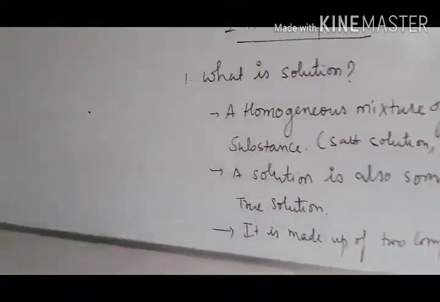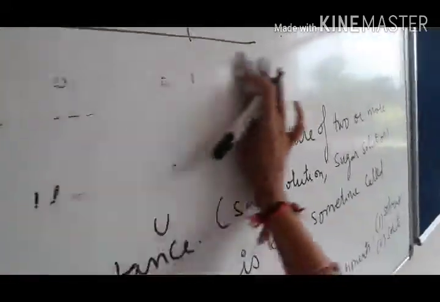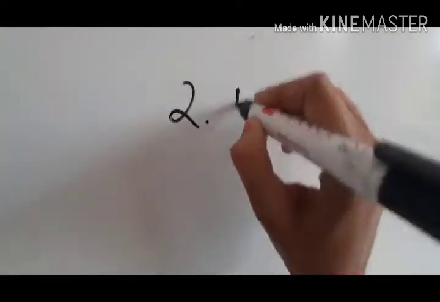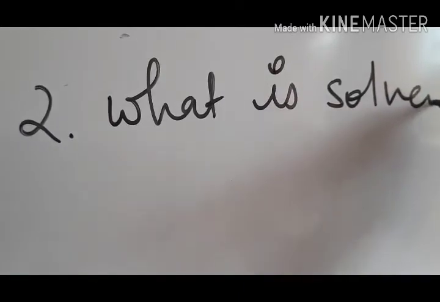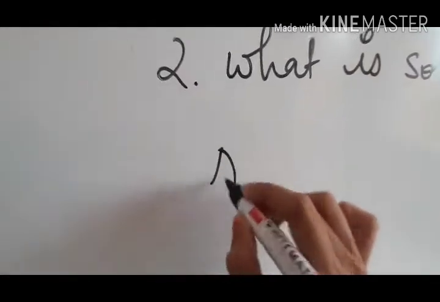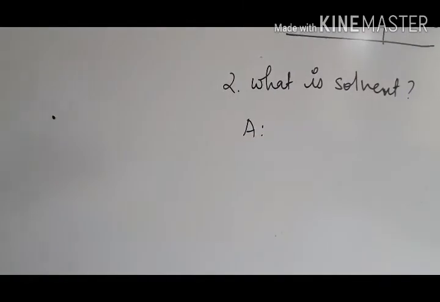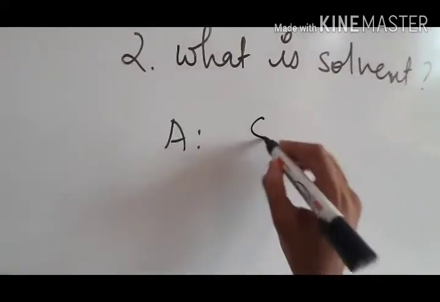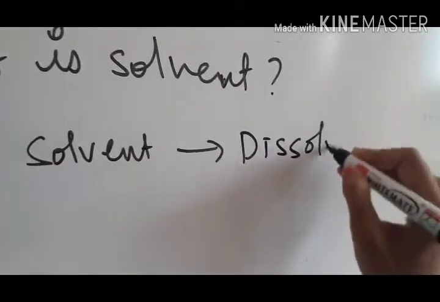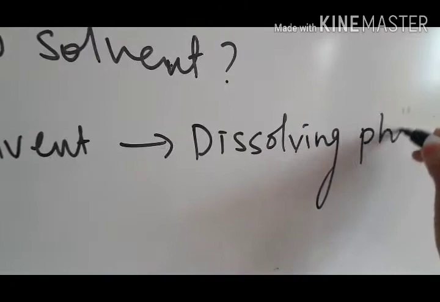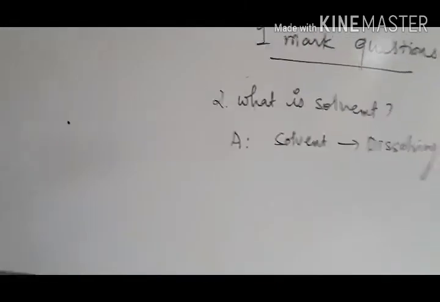Now let us move to the further question, what is solvent? In 1 mark, if you have to write about the solvent, the second question is, what is solvent? So the answer you can write is that solvent is a dissolving phase. You can write here that